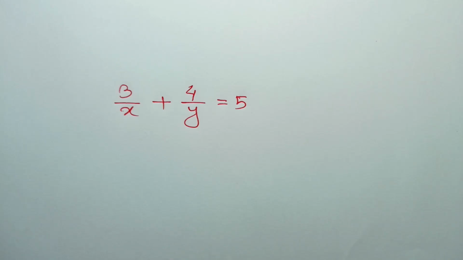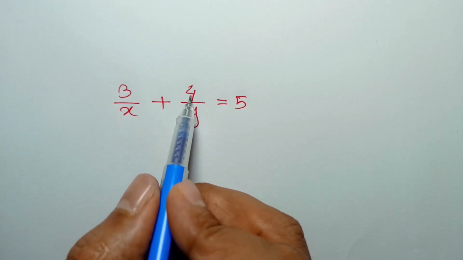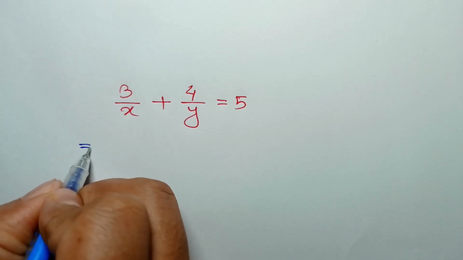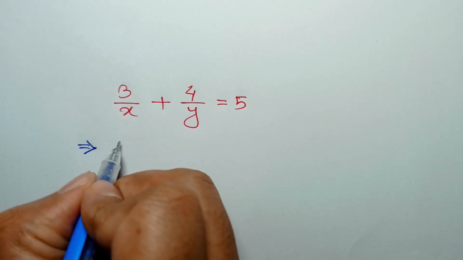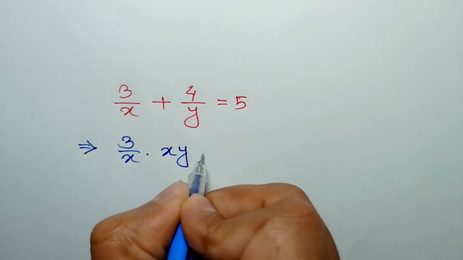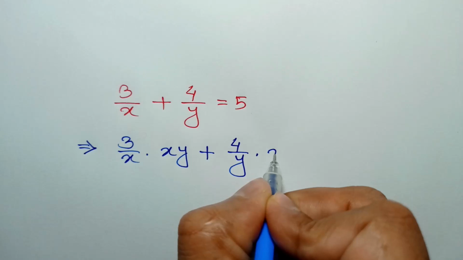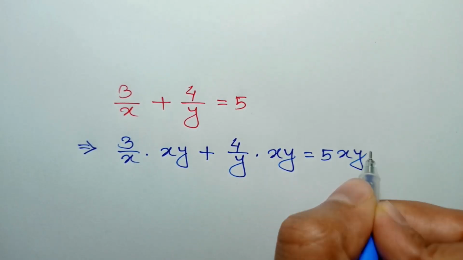Hi everyone, in this video I am going to show how to find the positive integer solution of 3 over x plus 4 over y is equal to 5, or multiplying both sides by xy we can write 3 over x times xy plus 4 over y times xy is equal to 5xy,